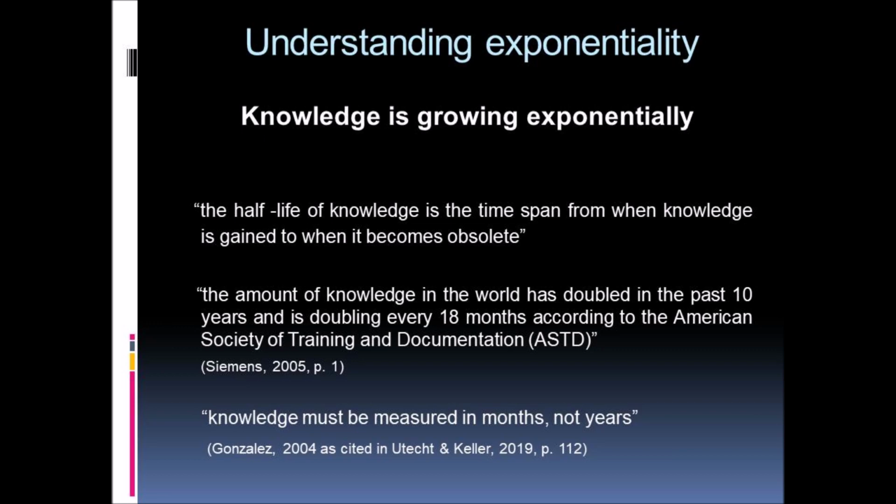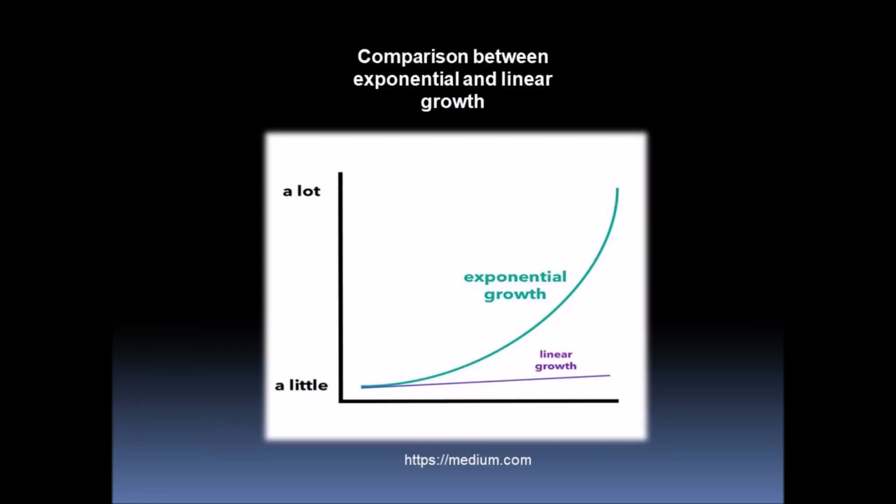Siemens said that the amount of knowledge in the world has doubled and is doubling actually every 18 months, according to the American Society of Training and Documentation. And Gonzalez stated that knowledge mustn't be measured in years, but in months. The graph in this slide is a visual representation of a comparison between exponential and linear growth. The light blue line represents the exponential growth, and this line is much higher than the purple line